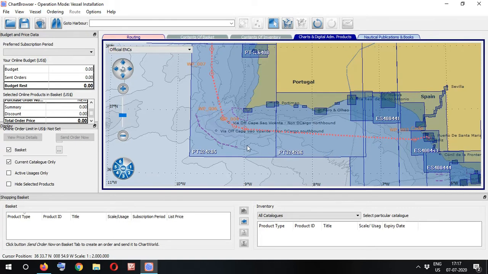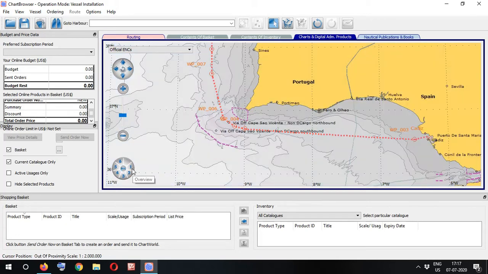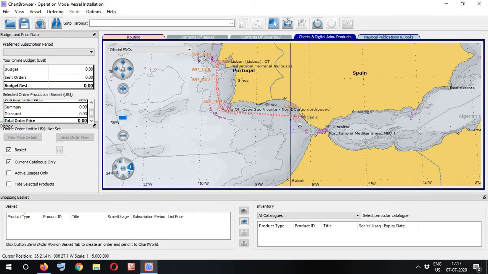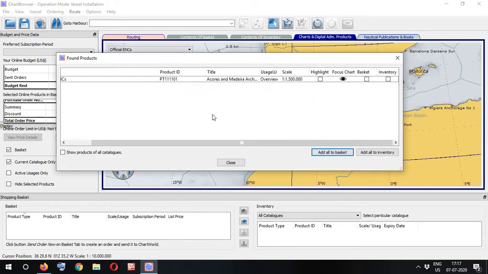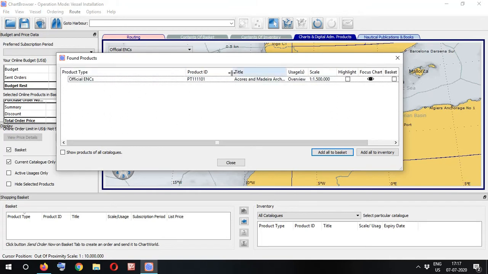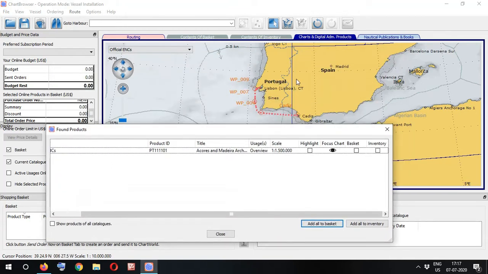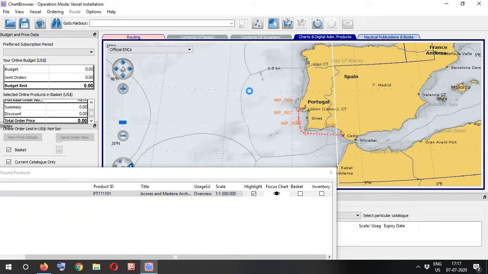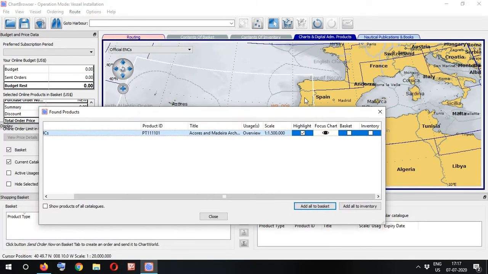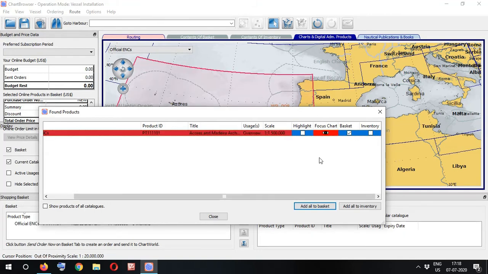Now if you want to manually go and select each ENC, you press unselect all the charts. Now you go one by one. For example, overview: you check in overview, zoom out, which charts are coming in my route. This blue line is basically the ENC. I click anywhere on the chart, right click, and it will show me that official ENC. If you want to make sure that you are selecting the right chart, just click highlight and this will turn white. You can zoom out more. Now you know that you have selected the right chart because it is highlighted. Now you can put it in basket, it will turn red.